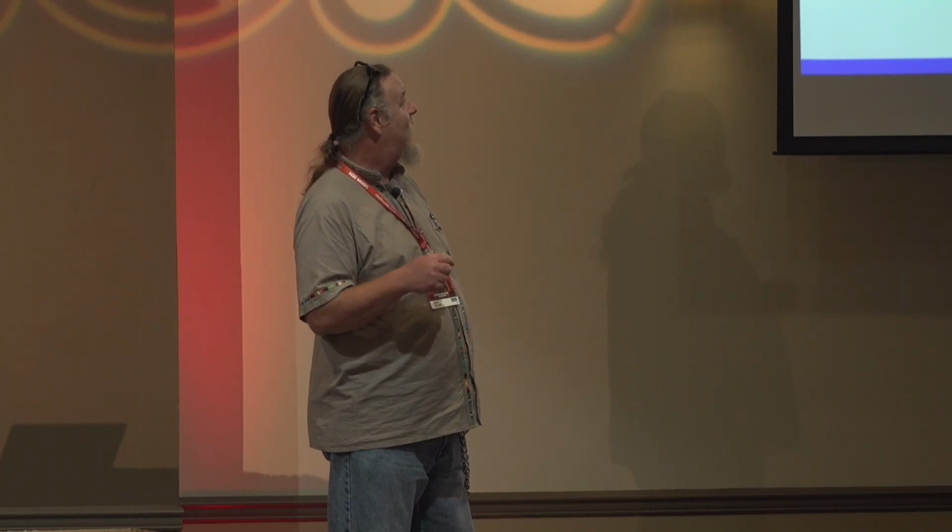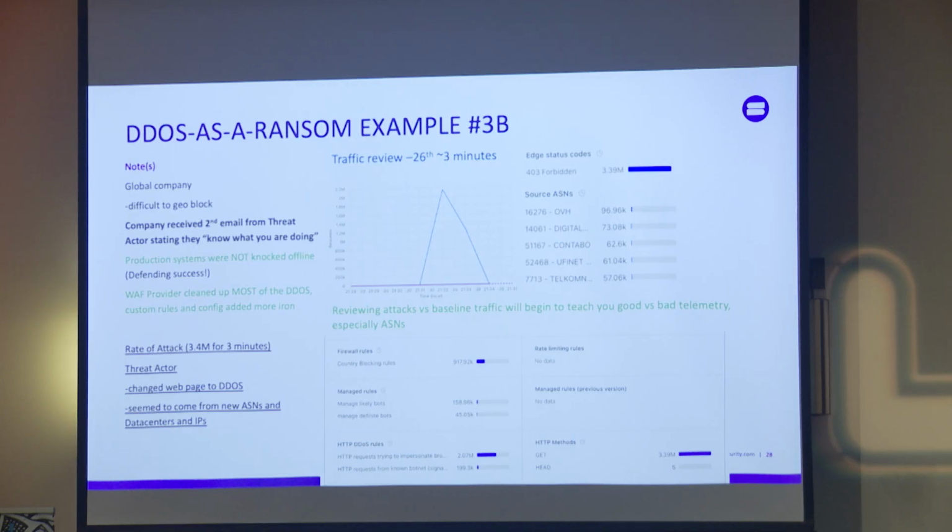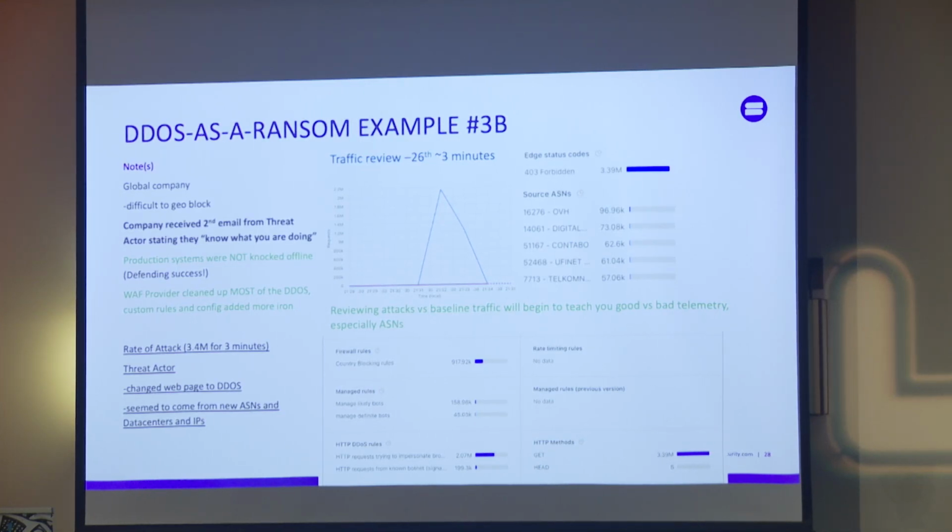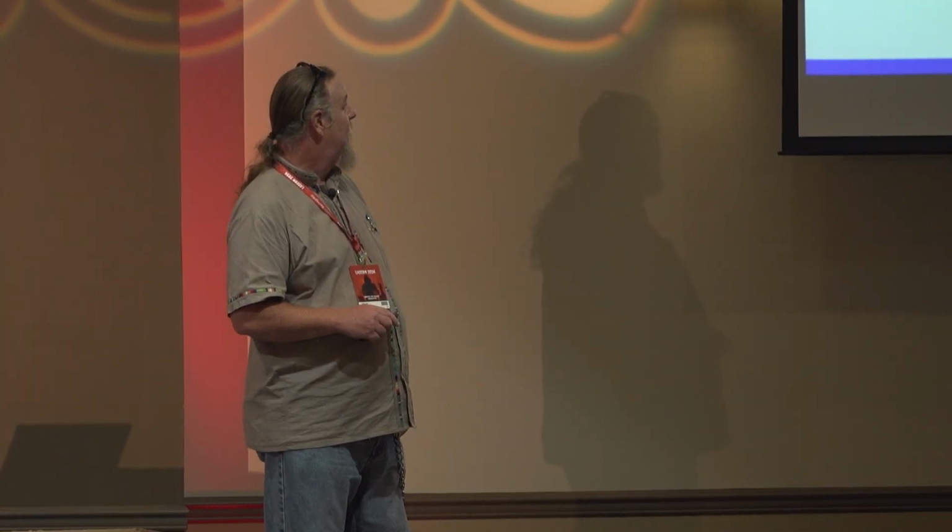So they came back a third time, and this was about over 3 minutes, about 3 million hits, right? And it was, again, all blocked for the most part by DDoS rules, but some of the other rules that we helped them configure that they didn't have set actually helped block and tackle. So all that's very good. But about a million a minute, right? So that's good. And the threat actors actually changed the default page to a different page, home field advantage. They saw they're getting blocked. They had to adjust their tactics, and they will. And they weren't knocked offline.